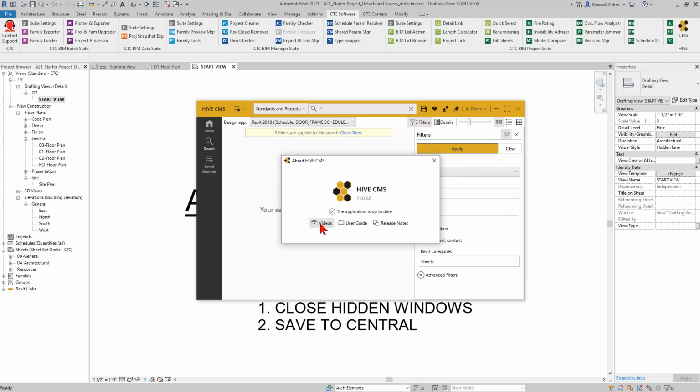But the short answer: when you're throwing Revit families, RFAs, into HIVE, it opens it in your active Revit session. In my case, it would be Revit 21. It upgrades it temporarily so it can scan it. It scans all the information, generates a preview image, and then closes the family, and what it uploads is the original definition of the family,